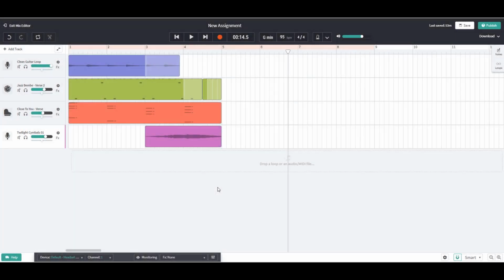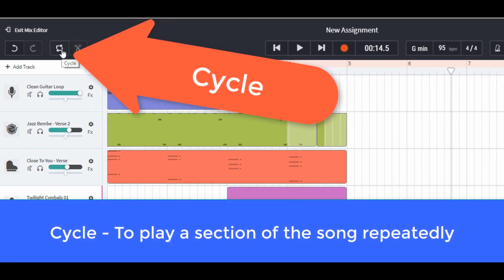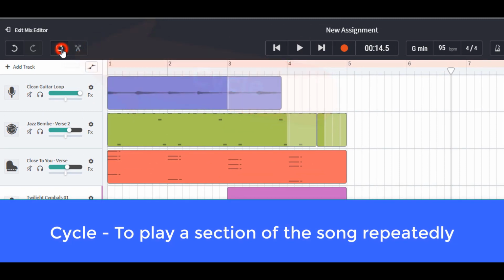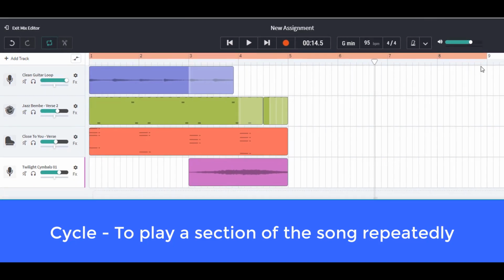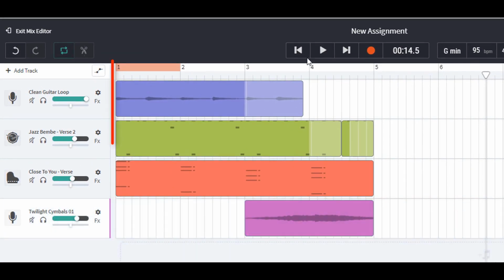In this video, the first thing we're going to look at is the cycle function here. When I click on it, you'll notice that this area here turns a darker shade of pink. A cycle area is an area that will go round and round in a circle. So if I go to the end here, I can bring it in,